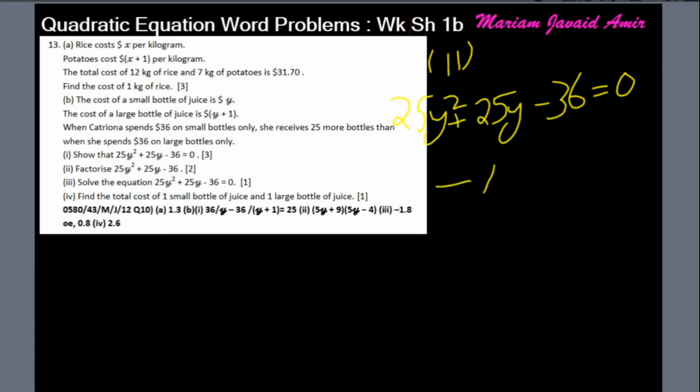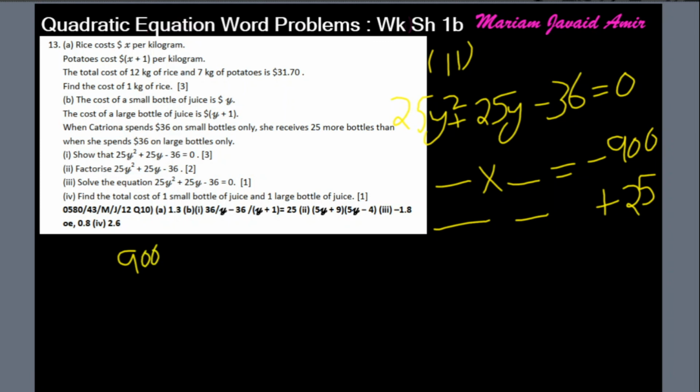So we're looking for two numbers which when multiplied should give us 25 into minus 36, which is minus 900, and which when added should give us plus 25. So what would be those two numbers? Let's quickly factorize 900 to figure that out. So 2 450s are, 2 225s are,